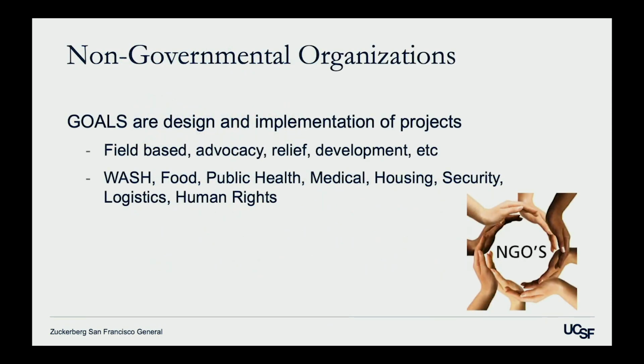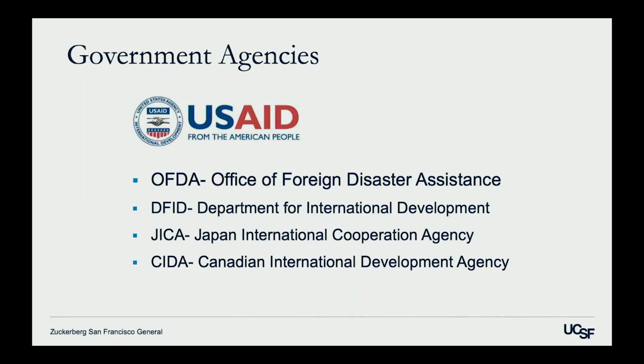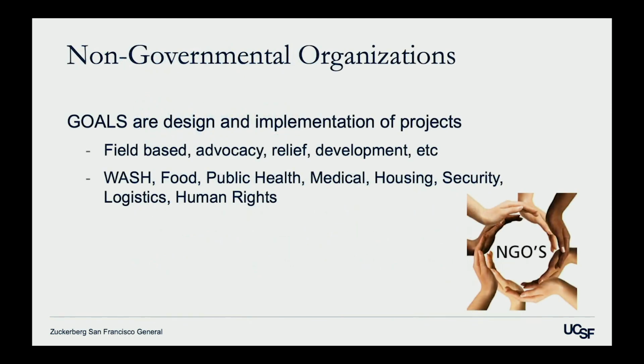We have non-governmental organizations, and these are big players, and these are what we mostly hear about, right? So the goals of the non-governmental organizations are really to design and implement the projects, okay? Most of the UN organizations and even these government organizations are higher up levels, donors, or organizing, kind of the bigger leader, and then the implementers are actually these NGOs. They do field-based work, advocacy, relief, development. They do WASH, which is water, sanitation, and hygiene, food, public health, medical, housing, security, logistics, human rights, the list goes